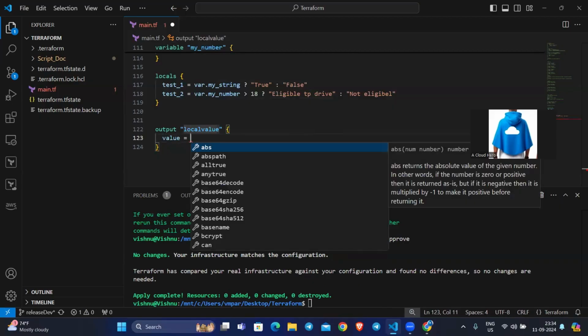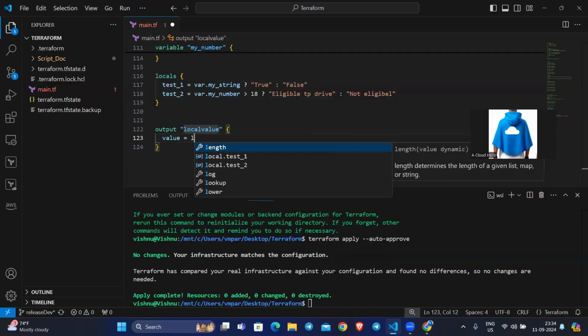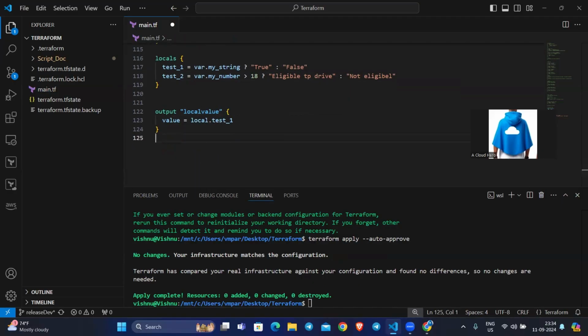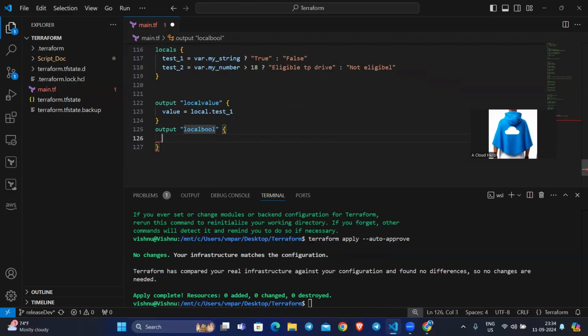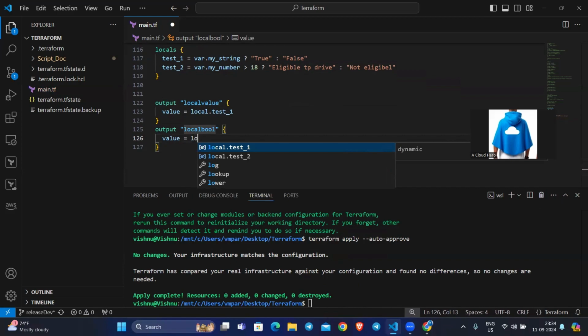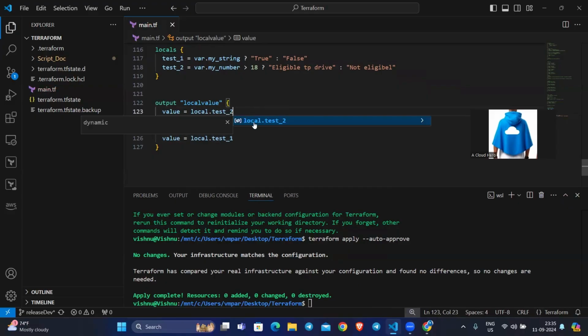Value is local test1, and another output is local boolean, and the value is local test1, here local test2. Okay, now once we hit apply,